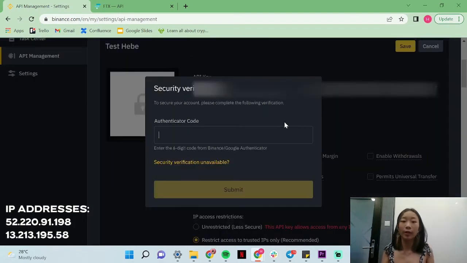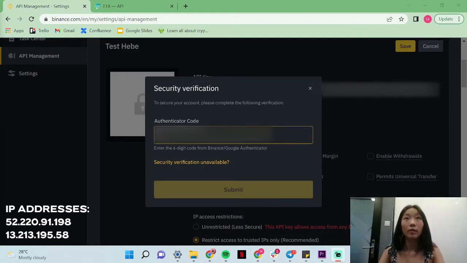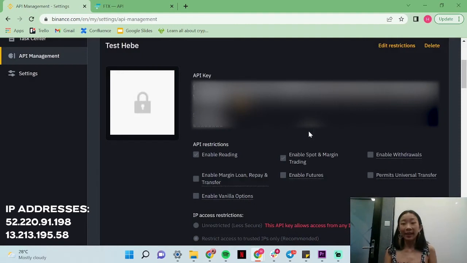And you have to put in your code, and that's it. So after entering the code, just wait for it to submit. And there we go, that's how you whitelist our IP address. It's as simple as that to make sure you have a convenient life in accessing our Alpha Impact platform.